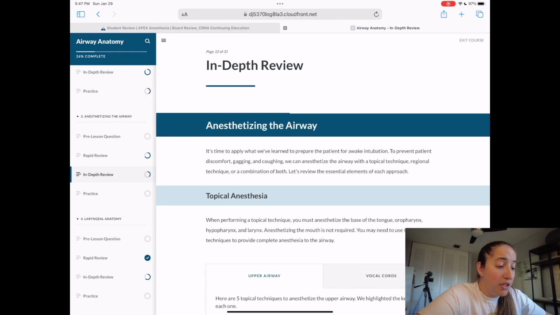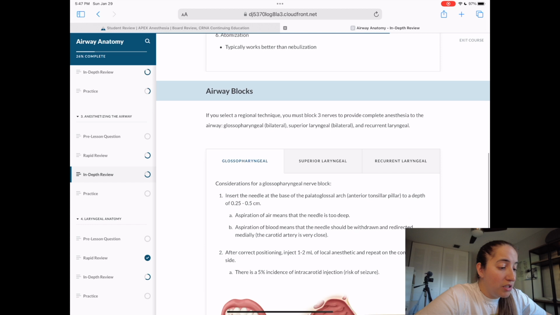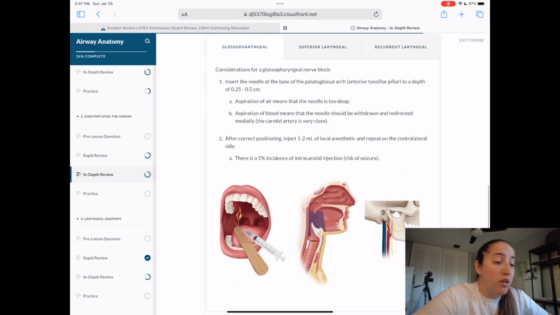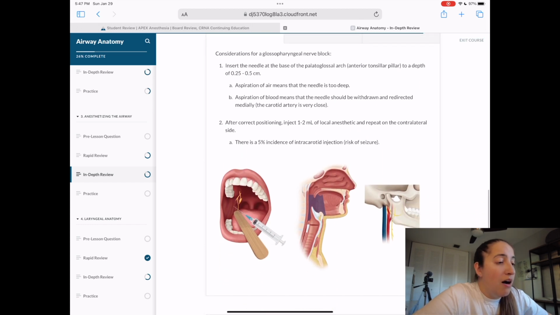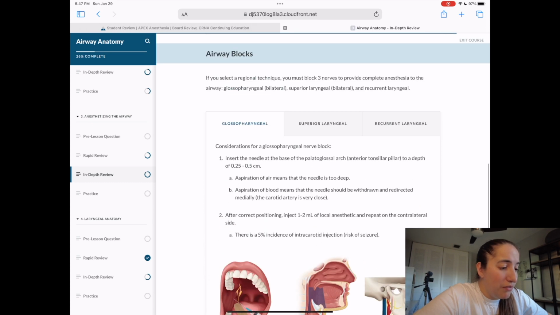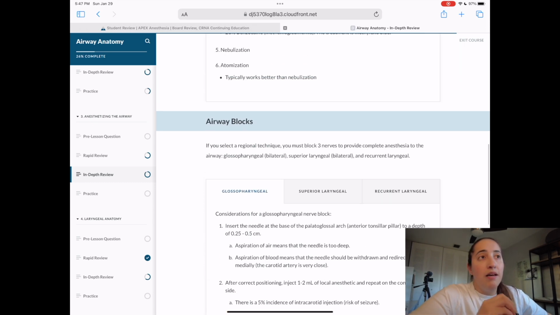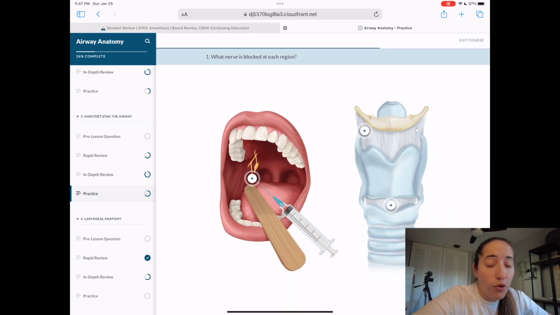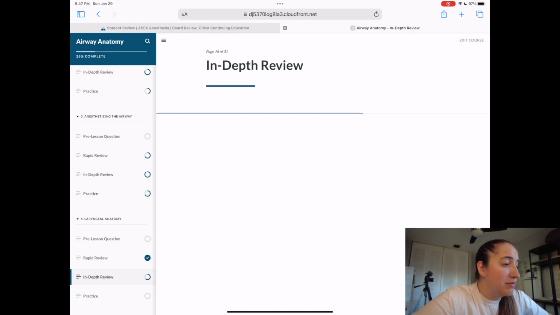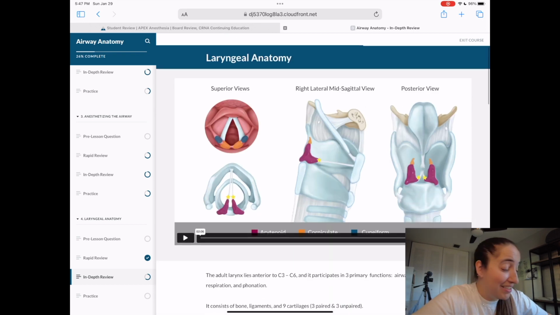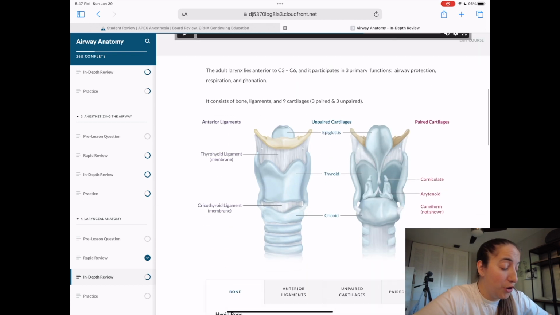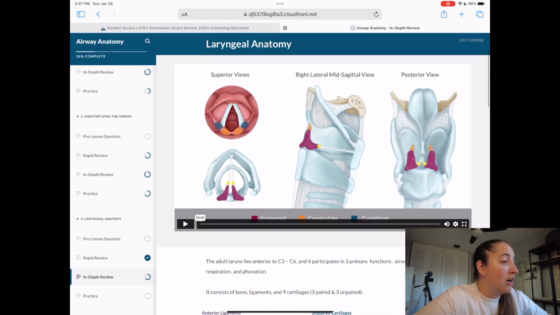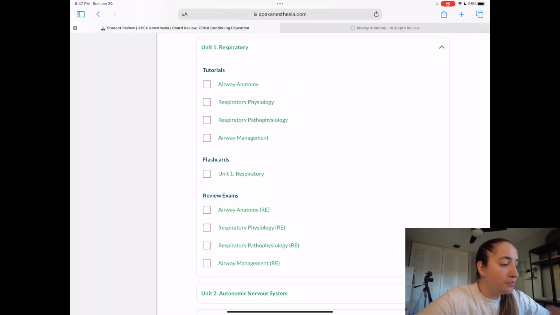You have these nice pictures, nice detailed descriptions, and they're written in a way that you can understand. It's not jargon that would be too difficult. I feel like it tells you, you as a provider should pay attention to this. It's really easy to read, really simple to go over, and it's not horrible. It's just a lot. There's a ton of material that's covered in the boards, but anyway,